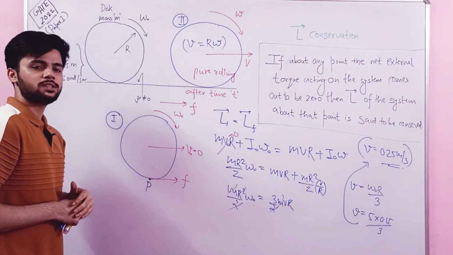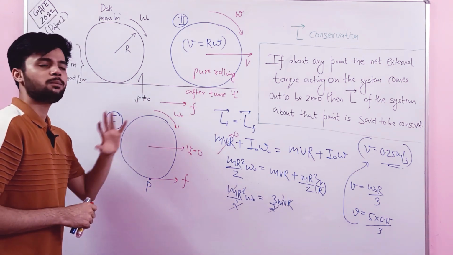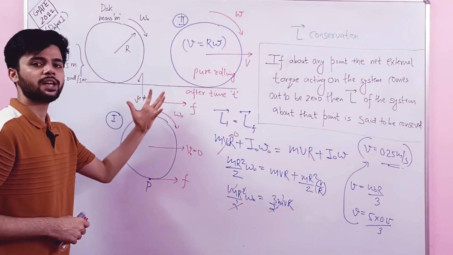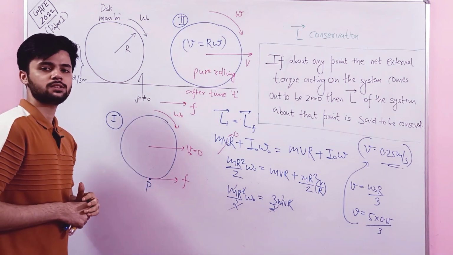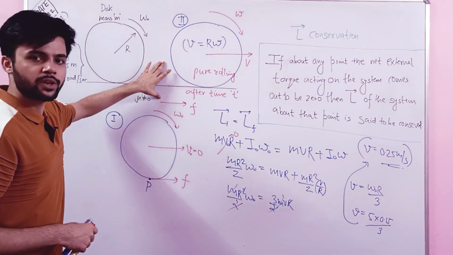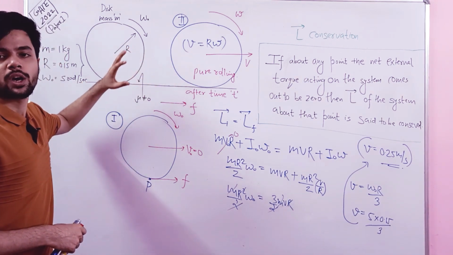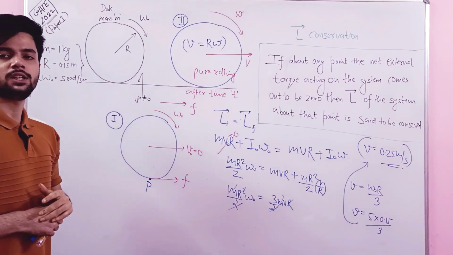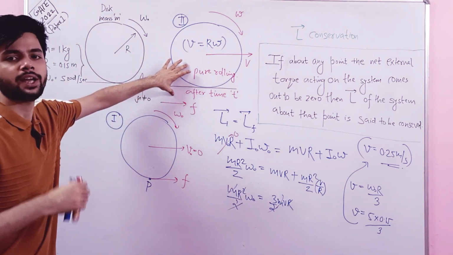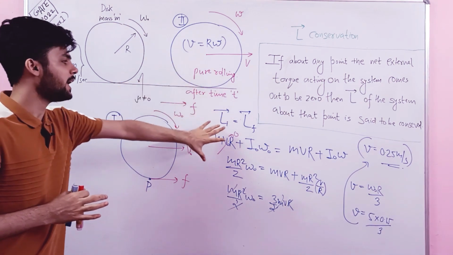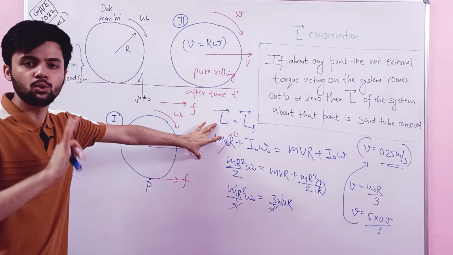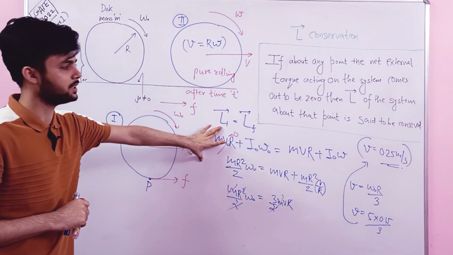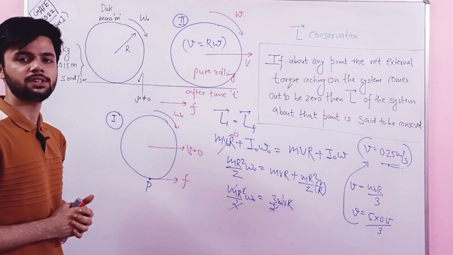So this is how you can solve this question very easily if you are aware about the concept of angular momentum conservation. This is a very short and concise method to solve these kinds of problems. So whenever you see problems like this in which you are asked about the angular velocity or the linear velocity of the disk or any rolling body, then apply the angular momentum conservation method. Do not go for the kinematics method. The kinematics method is time taking. Always apply the angular momentum conservation method.